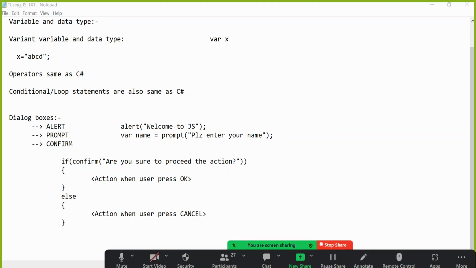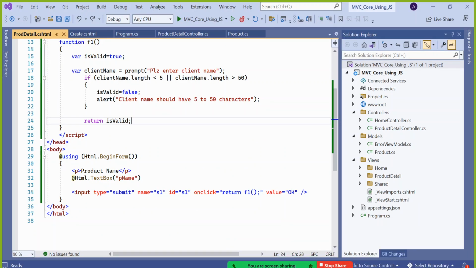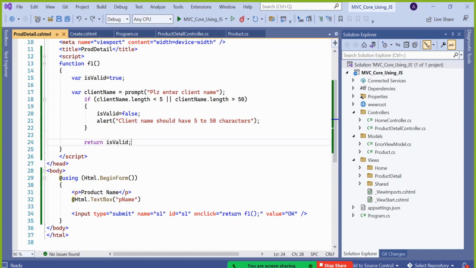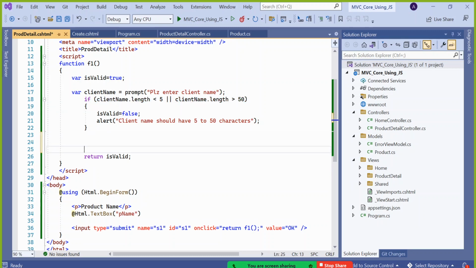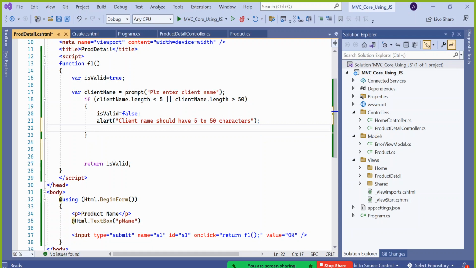So come here. What I want to do is something like isValid equal to false and isValid equal to true. If invalid, then I have to go to this. So I will say alert this. Then I will ask the user